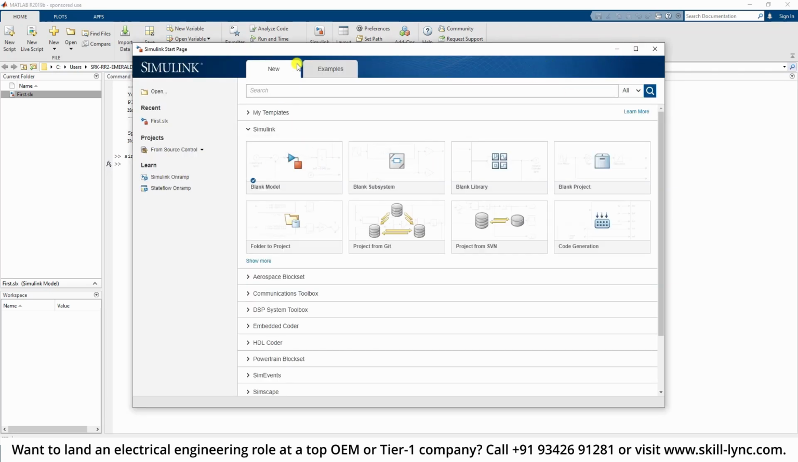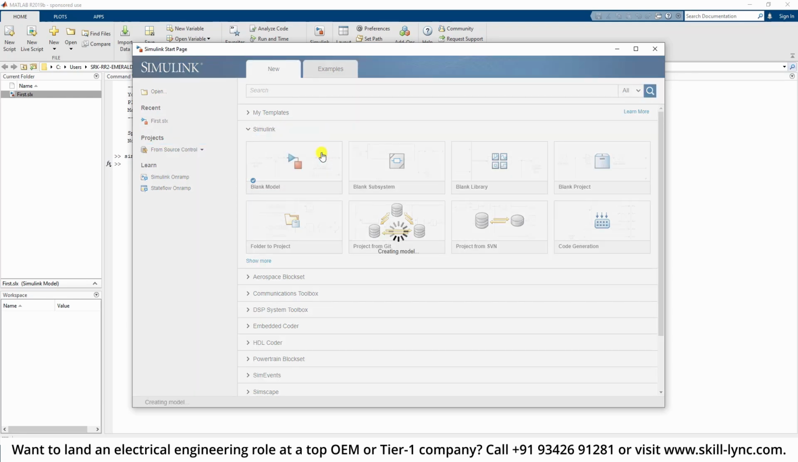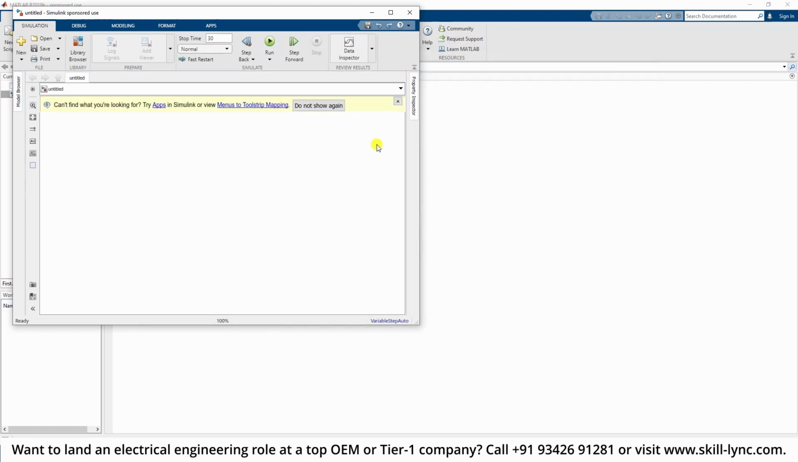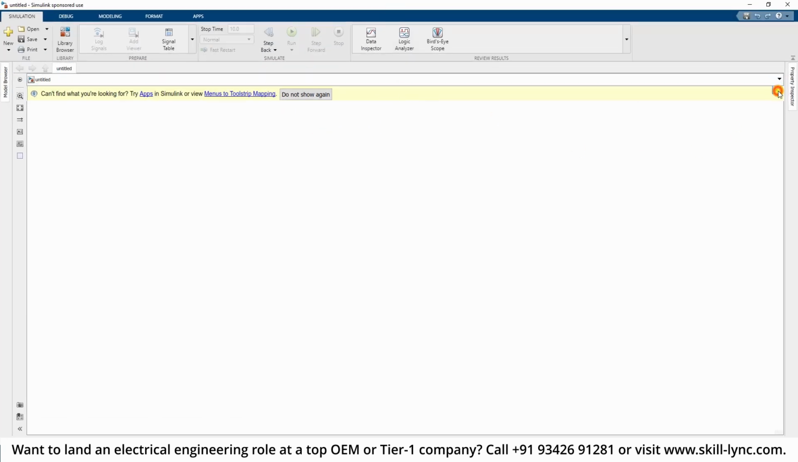Now Simulink is available. If you see here, we also have a recent file, first.slx, or you can also create a blank model. So let's create a blank model, and now we are going to start learning about how we can add some of the higher order, or let's say some of the complex blocks, and how adding these complex blocks will change the environment in